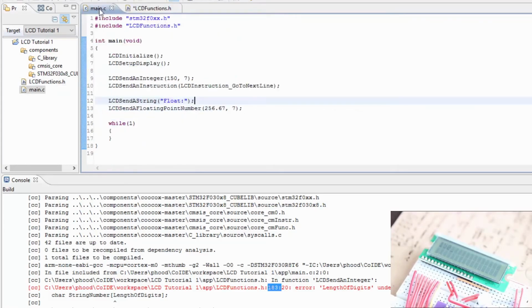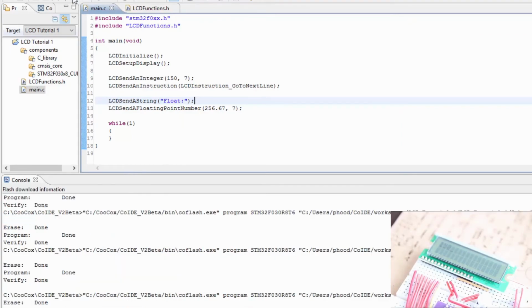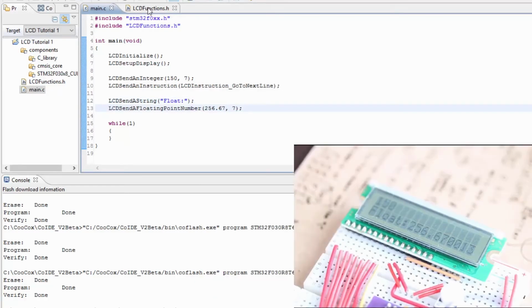We changed that. All right, let's save the files and do another. And it looks like we have no errors. Let's go ahead and flash the microcontroller. Okay, we have 150, and you can see that the float actually gave us a few more numbers on there. So it's odd that it did a conversion and then added some more digits,